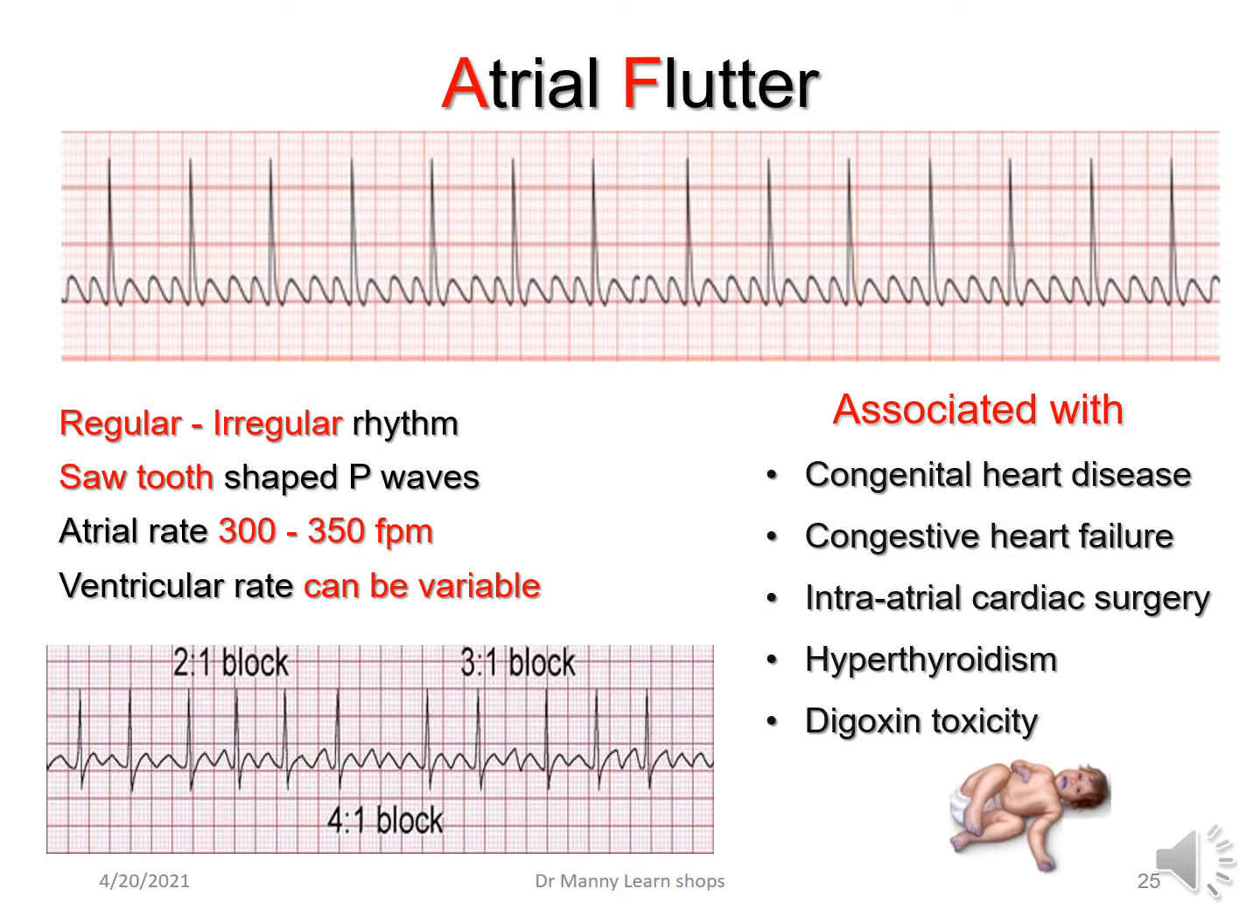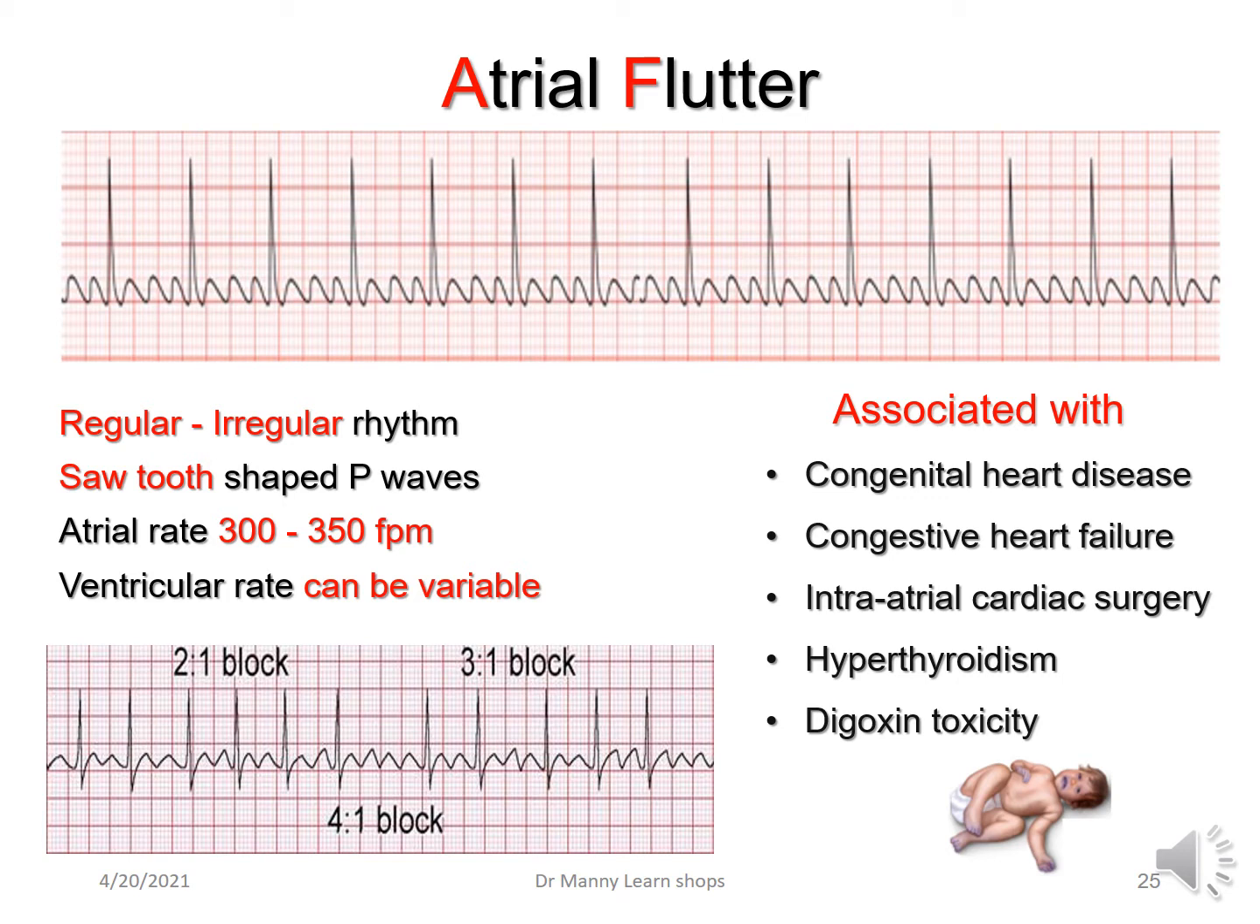This is atrial flutter, which is another uncommon rhythm, and it's associated with congenital heart disease again, congestive heart failure, surgery, hypothyroidism, and possibly digoxin toxicity. This is a regular, or it could be an irregular rhythm, sometimes referred to as a variable block. As you can see in the bottom rhythm strip here, there's a block of 2 to 1, 3 to 1, 4 to 1, which basically means you've got 2 flutter waves, 3 flutter waves, 4 flutter waves,